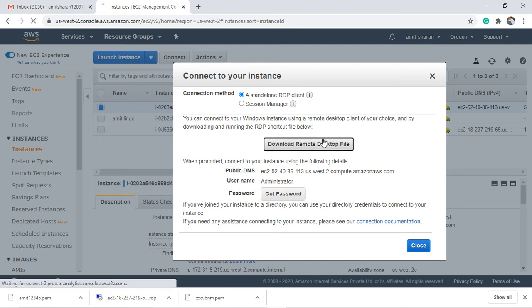So it downloads. Might take some time. My internet connection is not so good.